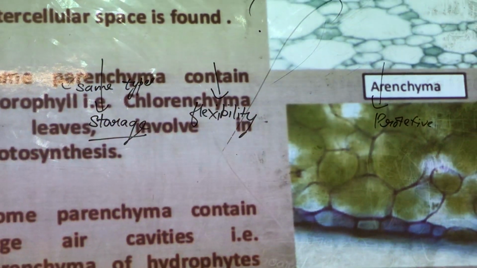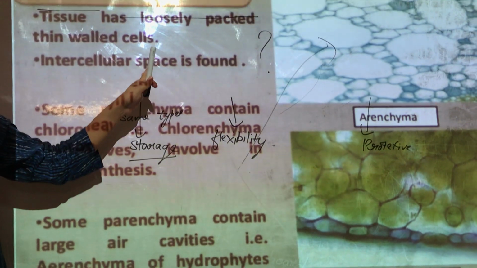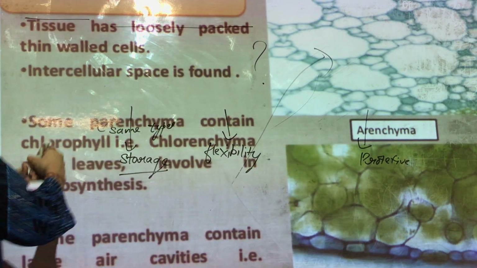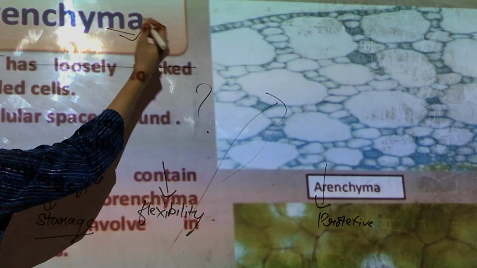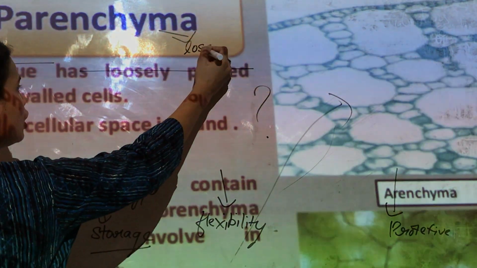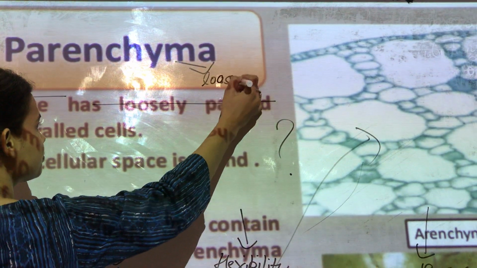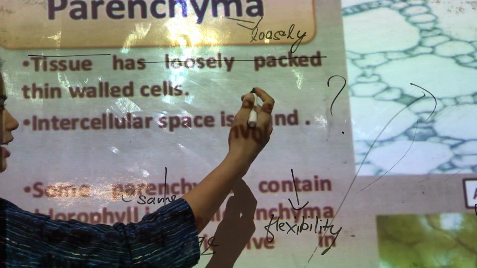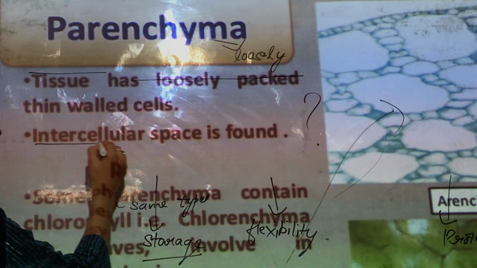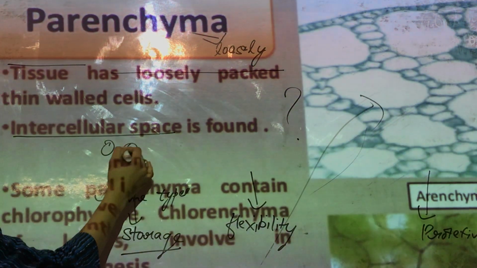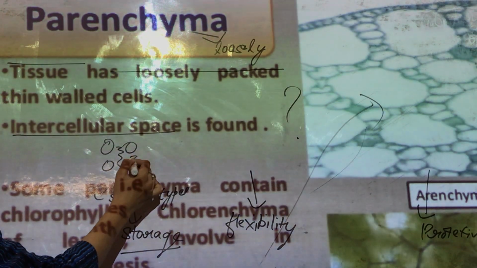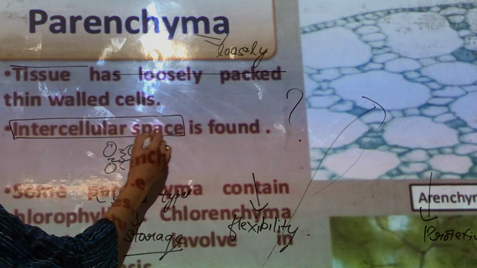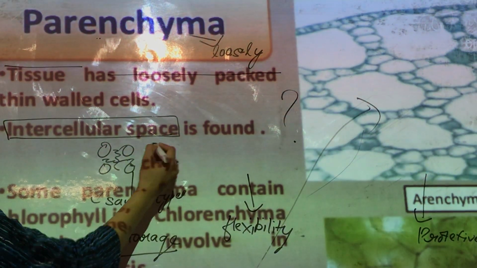Okay, let's study them in detail. So first of all, parenchyma. Parenchyma are basically loosely packed. The cells have a lot of spaces in between them. They have thin walls, and because they have thin walls, that is why intercellular space is present. For example, these are the two cells, in between there is a lot of space. So that is what we mean by intercellular space. So in parenchyma there is a lot of space.